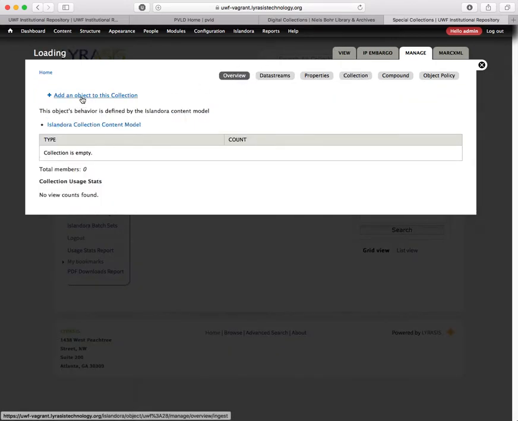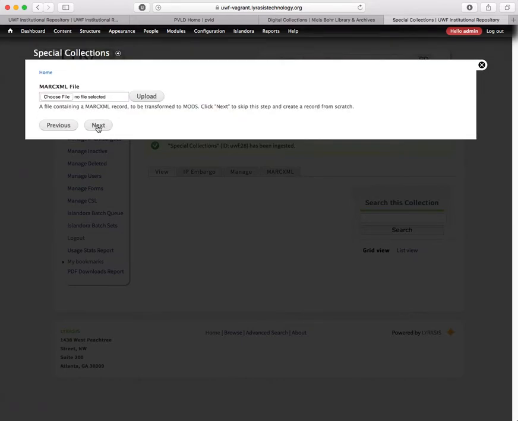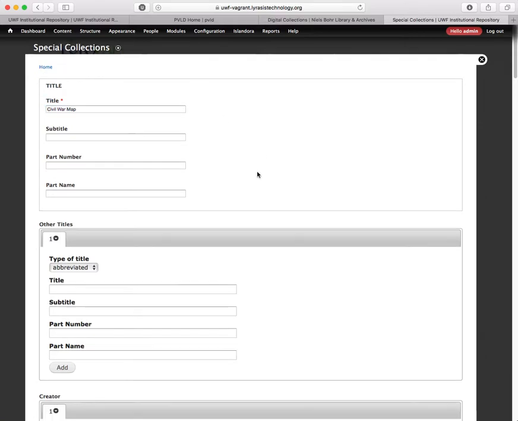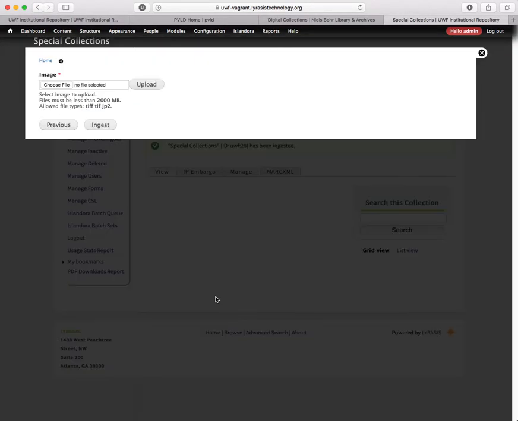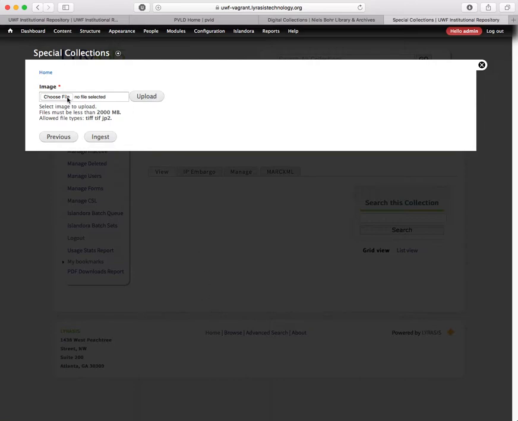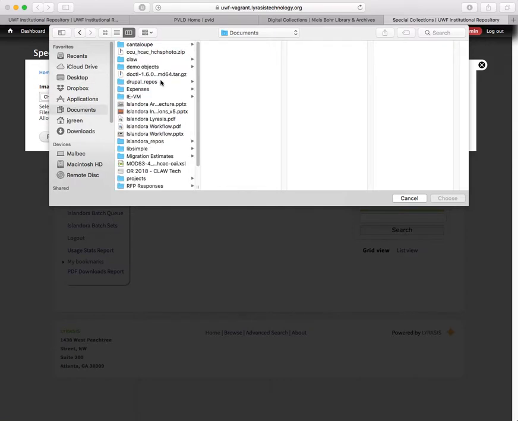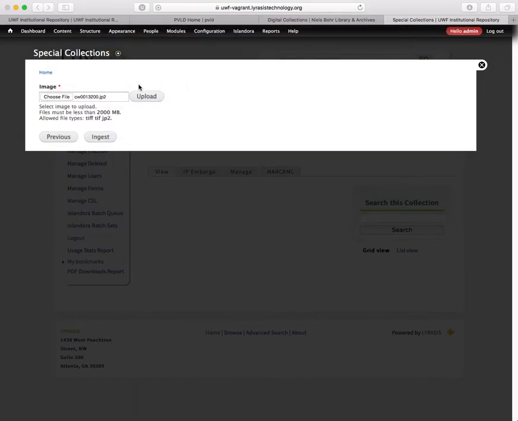If I go over here and we go add an object to this collection, now we can choose, say, the large image content model. And I've got this large Civil War map that I'm going to load in. There's a ton of information we can fill out here, but title's the only one that's mandatory. You can also change what's mandatory to be loaded in here. So if I go here and look at my demo objects, go to large images, this map,